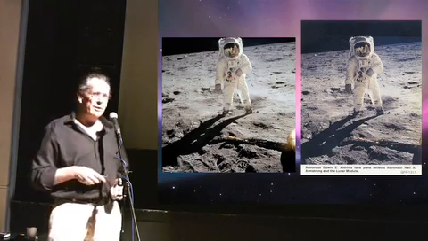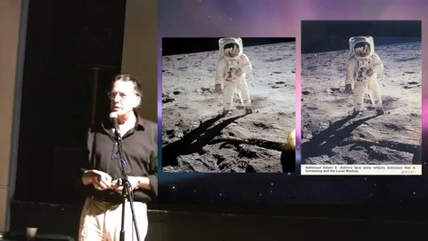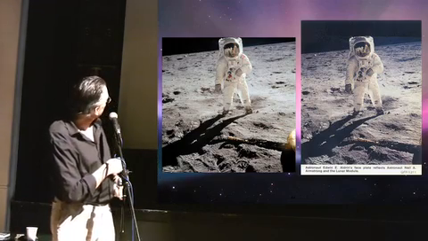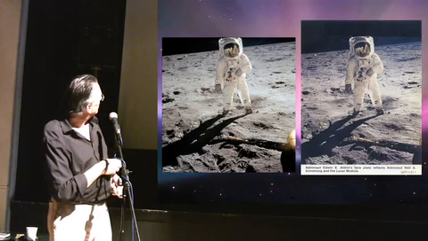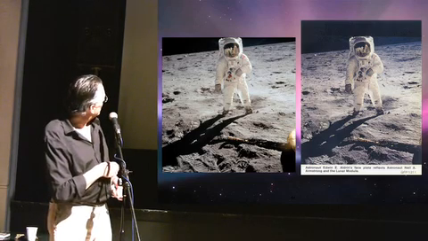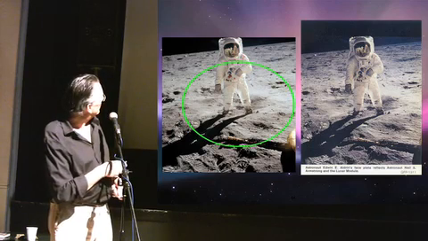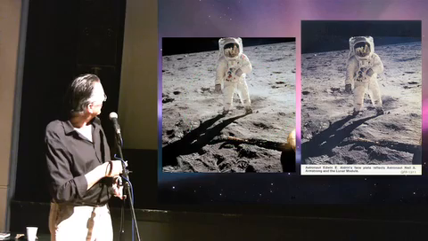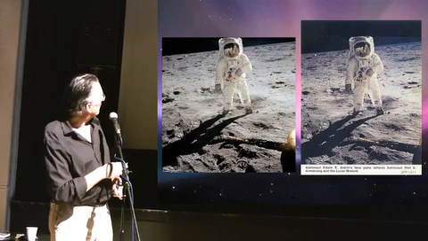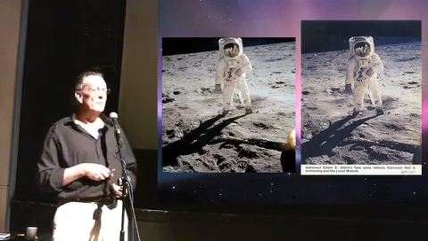There are other things about this picture. It was taken with a wide-angle lens. So why is the background out of focus? The background is out of focus here. Why does he appear to be standing in a pool of light? Here. The background, the horizon on the moon should be about 1.5